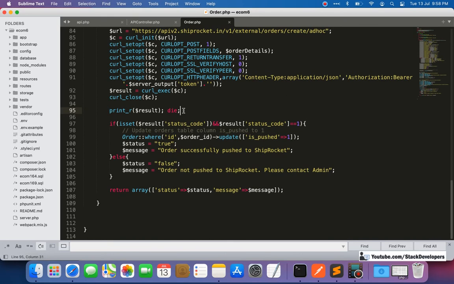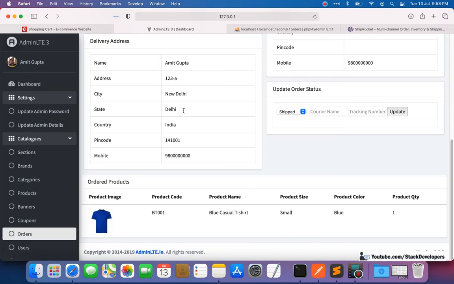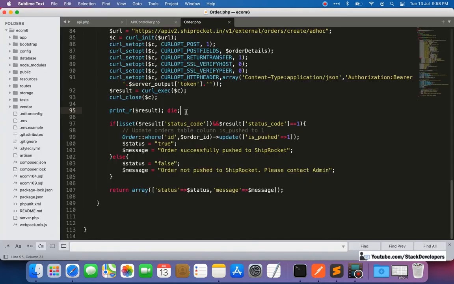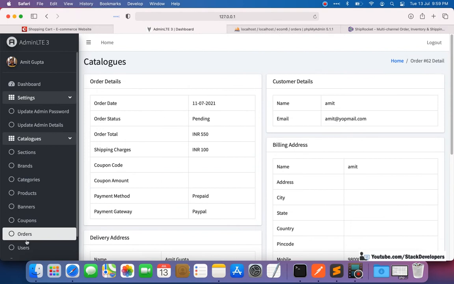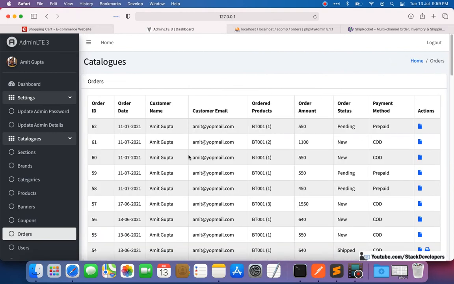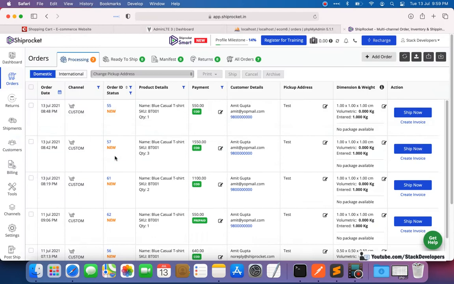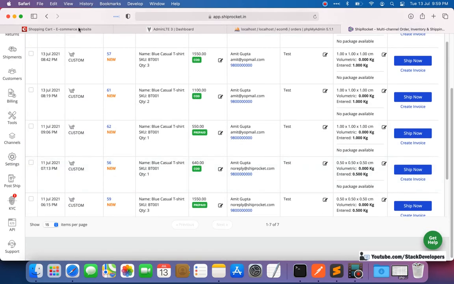First of all I'm going to show you that if you push any order, the result will come in JSON. Here I'm going to show you one of the orders, like order 62 is already gone.